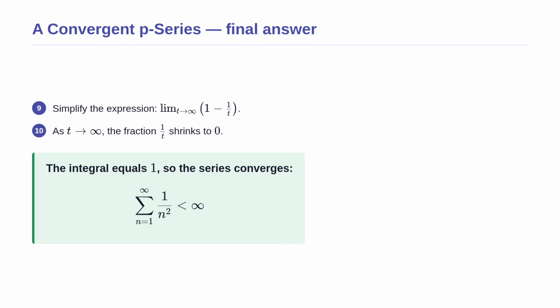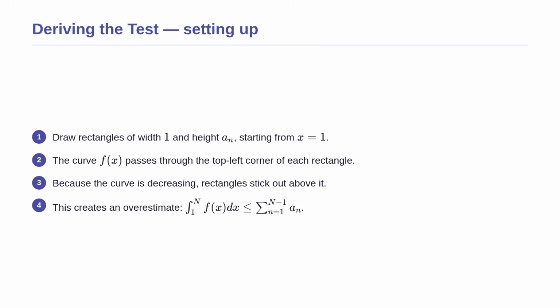Because the integral evaluates to a finite number, the total area under the curve is finite. By the integral test, the discrete series must also converge to a finite number. We have successfully used continuous calculus to solve a challenging discrete problem. Now that we have used this formula, let us understand where it comes from, by proving why this magical connection